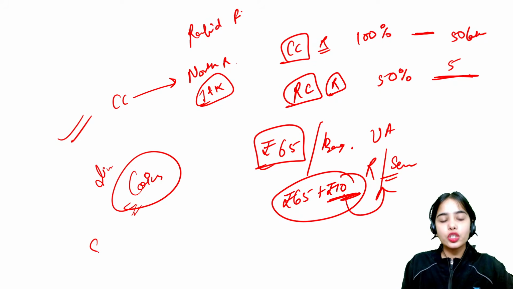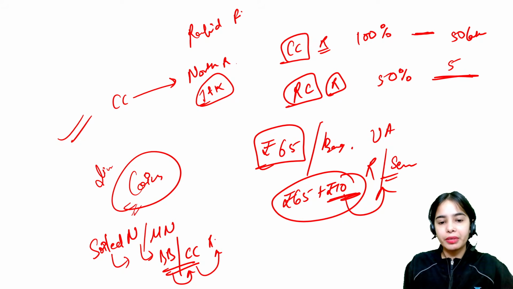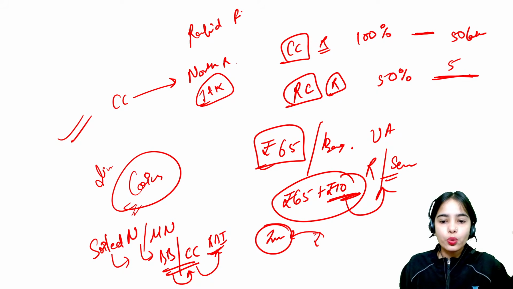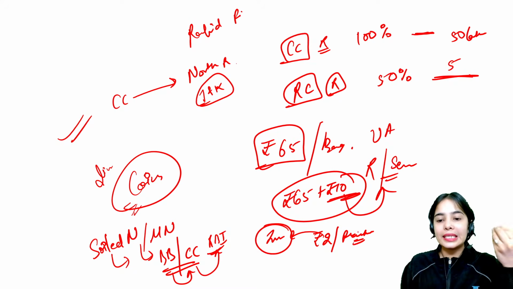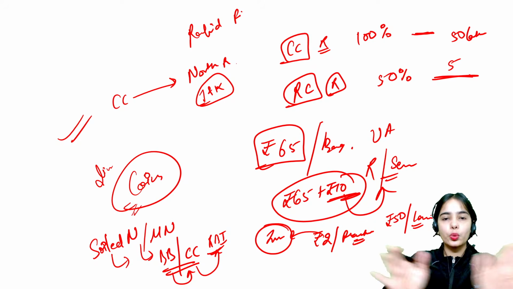Okay. Now, if the soiled notes or the mutilated notes are being deposited in the bank branches or in the currency chest, and the bank branches are providing these soiled notes to the currency chest, which is further sending these soiled notes, mutilated notes to the RBI, what is the incentive RBI will provide for collecting the soiled notes? Rupees 2 per packet. But the incentive will be provided only if the soiled notes are of 50 rupee denomination or lower. For higher denomination soiled notes, there is no incentive basically.